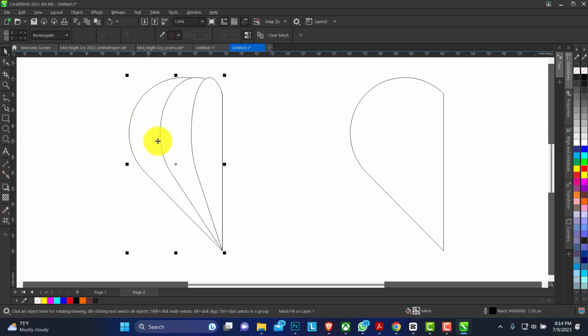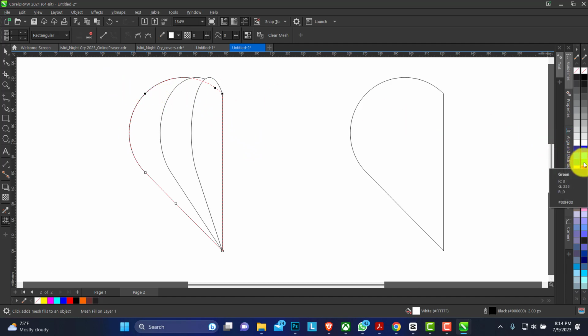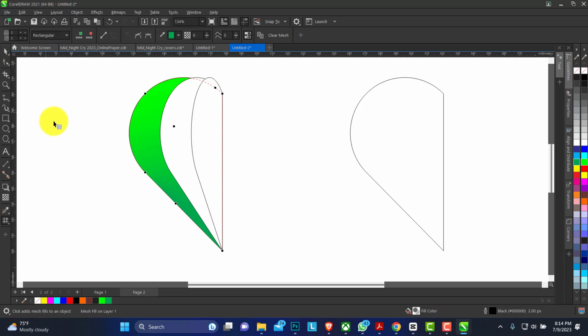We can start adding colors to them. This is where the mesh fill tool is important. Just select all the nodes that you want to fill. So let's pick, I always like green and lemon, so let's pick this, and this lower part, let's use the darker shade of the green. Okay, you can press the space bar to deselect that one, select the second one, click on the mesh tool, select the nodes you want to fill,